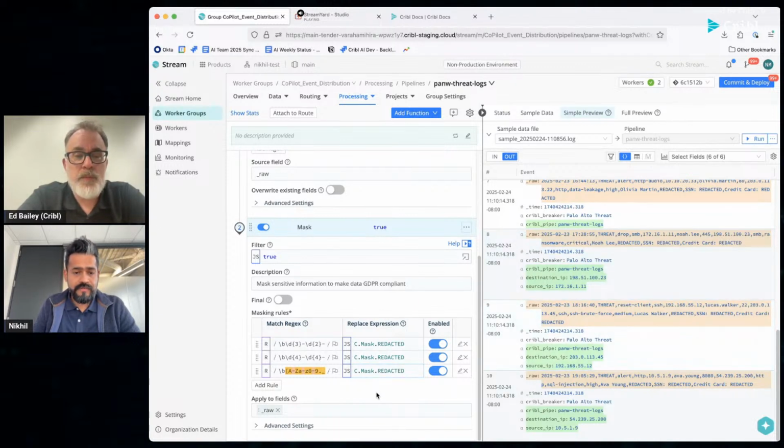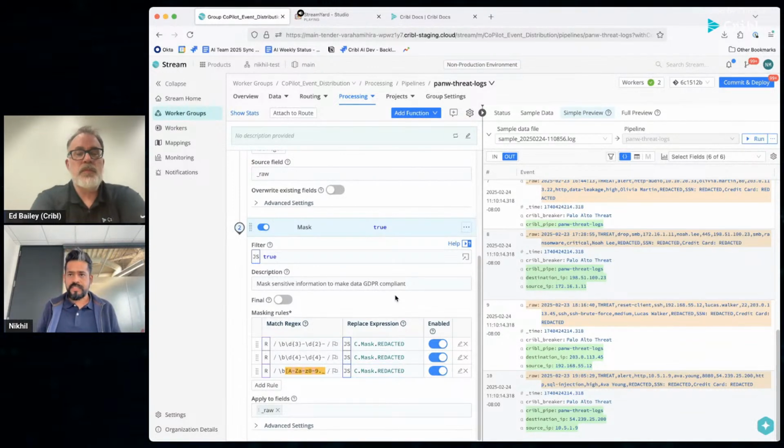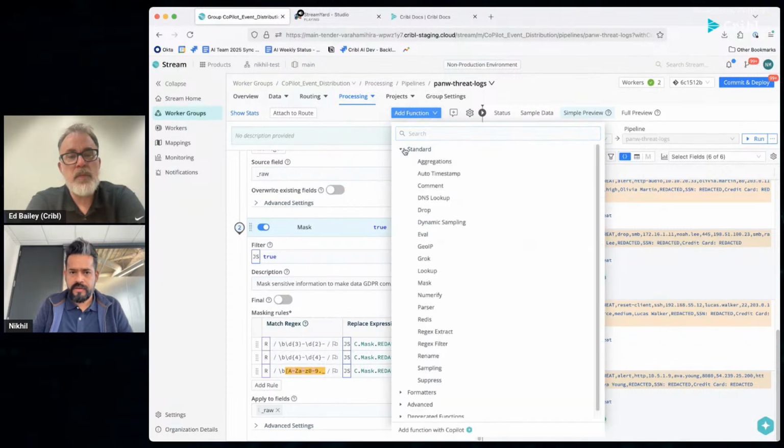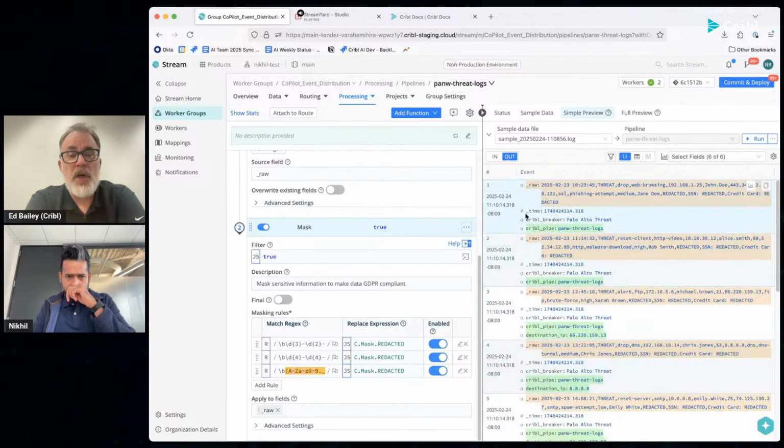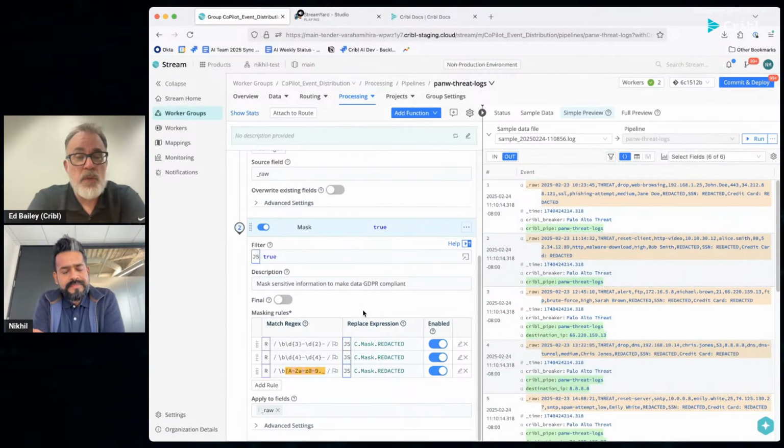Yeah, exactly. So it just accelerates your workflow, and as an admin or a user of the system, you want to verify everything. You can use it as a starting point. You can also just add functions by yourself in a more deterministic way over here, or you can add a function with Copilot. But in this case, you see that SSNs and credit card numbers have been redacted. That's nice, and that's such a great feature. Could you do me a favor also and show anyone who's watching how they can go over to the left-hand side and show the UI that shows how data is being masked?